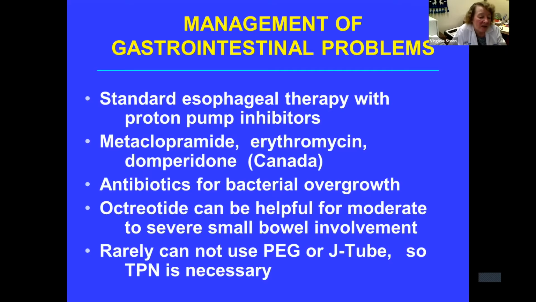Octreotide can be helpful for small bowel involvement, but usually the patients are so severe that it doesn't do too much. And rarely people have to have TPN. We sometimes do use PEG tubes or J tubes, but